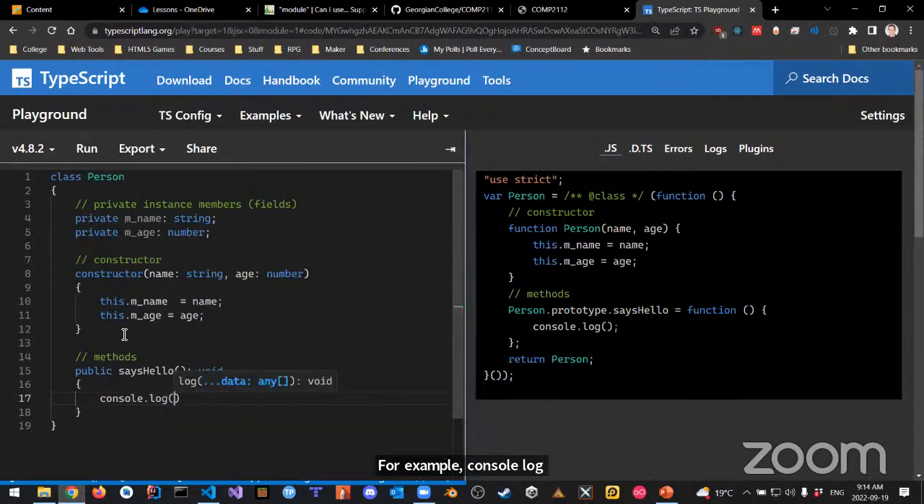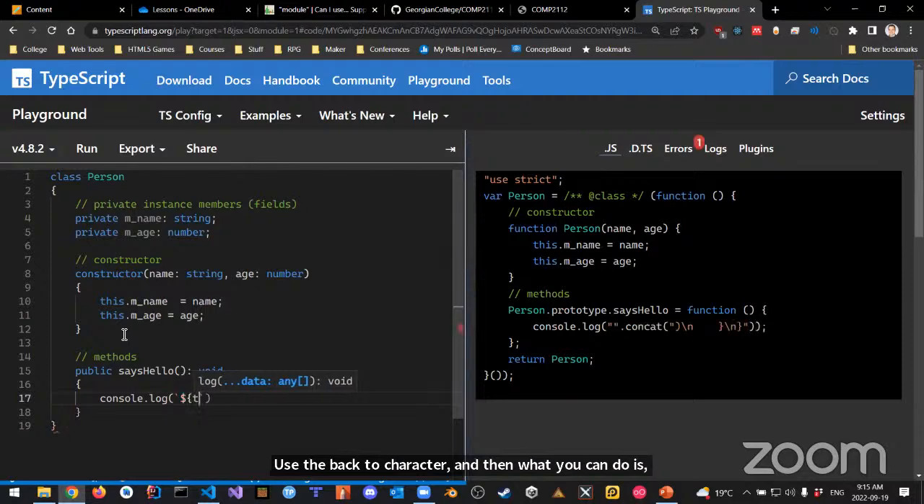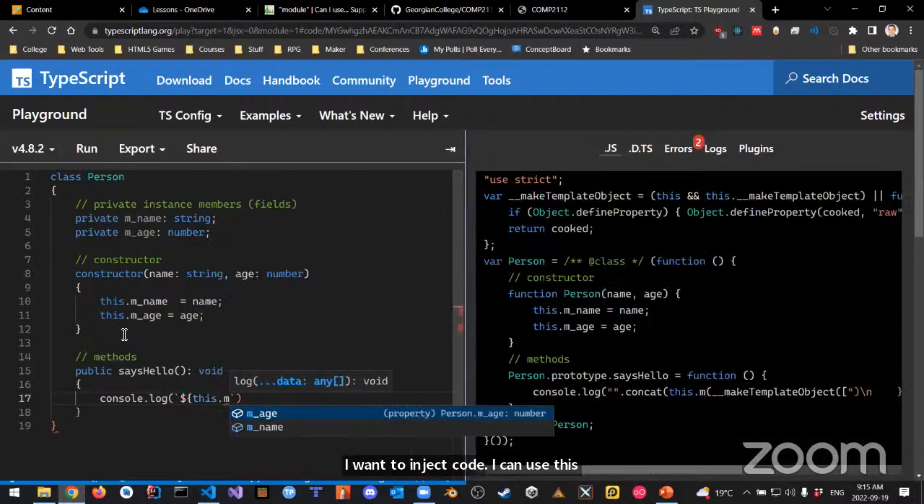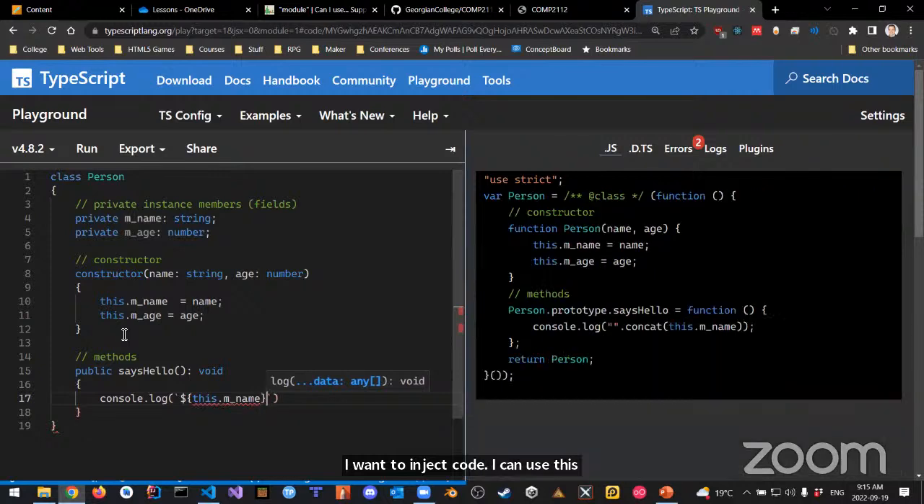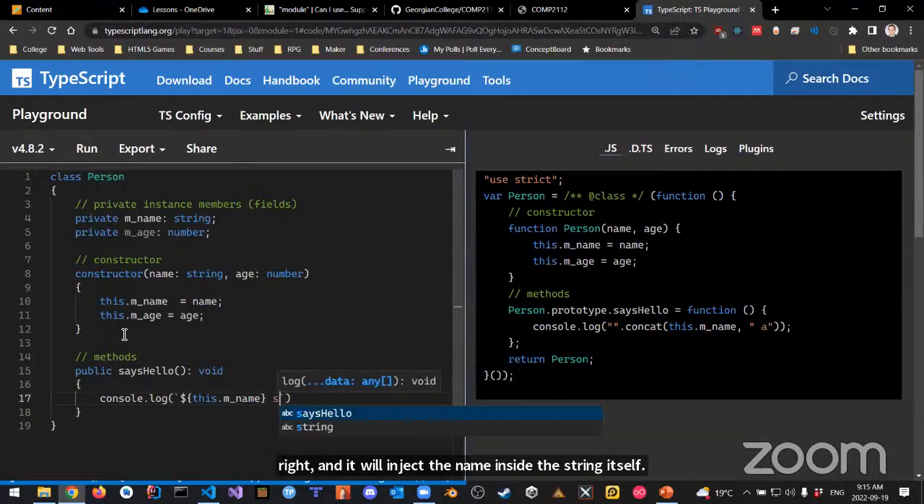And instead of using quotations, we can use something called a template string. Template strings were introduced in ECMAScript 2015 as well. Template strings start with the backtick character. I mentioned this last week. Use the backtick character, and then what you can do is inject code. I can use this.m_name, and it will inject the name inside the string itself. I don't have to do concatenation, all right? So I can say it says hello,